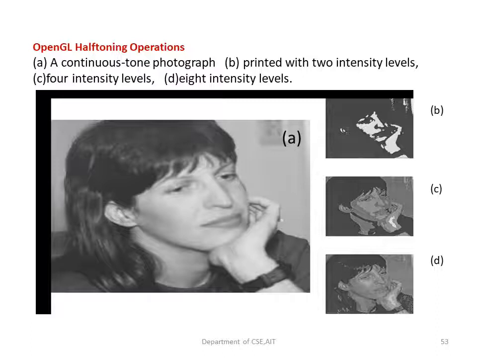So whenever we want to occupy less space, or go for fewer bits per pixel, in that case half-toning comes to our help. Instead of using the full tone, we can just go for half of it. That means some of it. That is called the half-toning operation. I can enable that by using GL_DITHER with glEnable, and I can disable it with glDisable. So these operations are called half-toning operations.